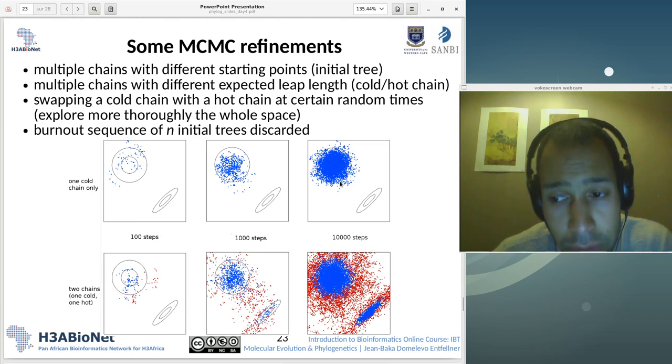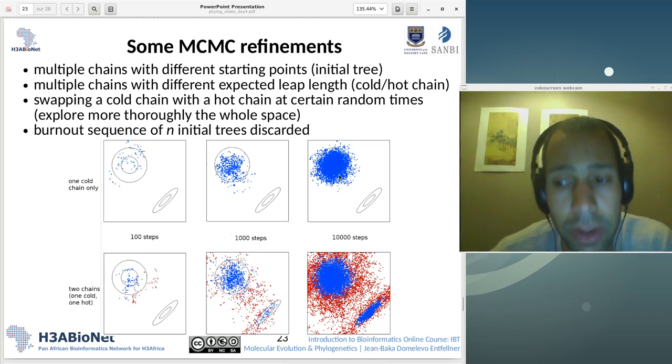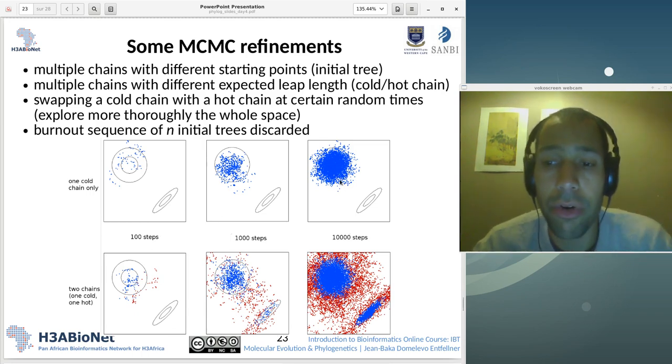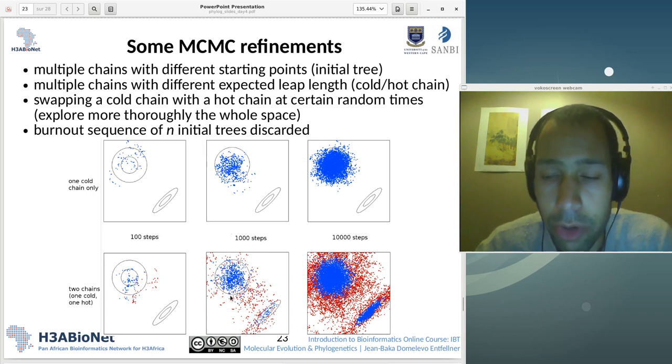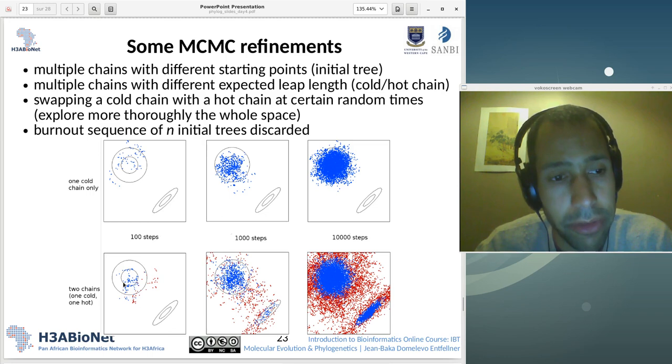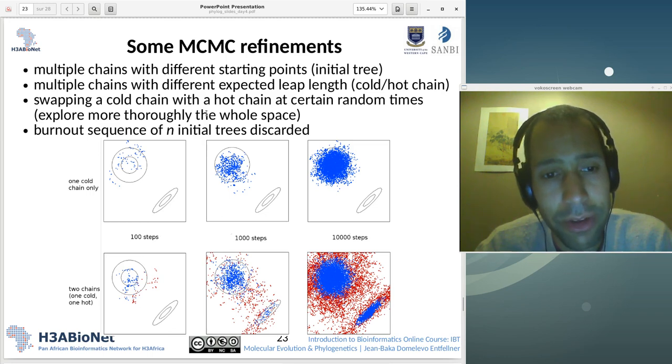The cold chain is conservative. So the cold chain is used to explore more locally, and you'll see that the hot chain with long steps is less conservative. And what's the nice trick that people in this field of Bayesian inference techniques